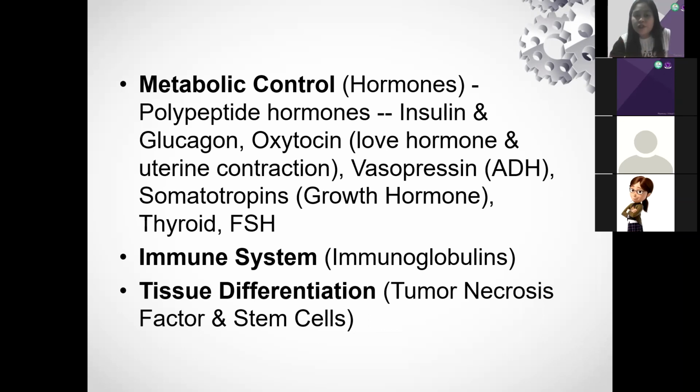And then we have oxytocin, which is our love hormone. We call this love hormone because we produce a lot of oxytocin, especially during love making, which is also used as an aid for uterine contraction. I don't know if you've encountered this in your duty. Mostly sa hospital kasi ito makikita, but depende siya sa community pharmacy kung nagsastock sila nito. Pero pag sinabing may bibilin ng oxytocin, class, this is for the contraction of the uterus to aid the mother